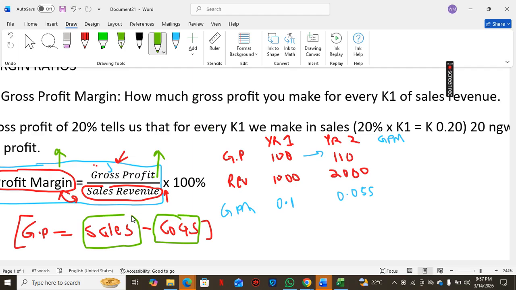Because as I said, an increase in sales doesn't mean that you're keeping more gross profit; you may now be keeping less. So if your sales revenue is increasing, as a company also aim for your gross profit to increase so that you're keeping more of it. Because as we saw here, the sales revenue increased and our margins still dropped. Our gross profit also increased, but sales revenue outpaced it. So a higher gross profit margin is better. A lower gross profit margin,